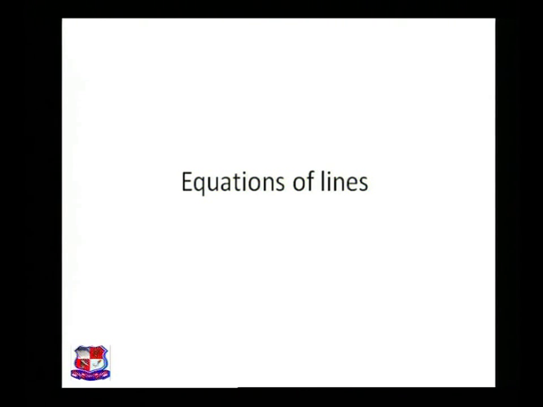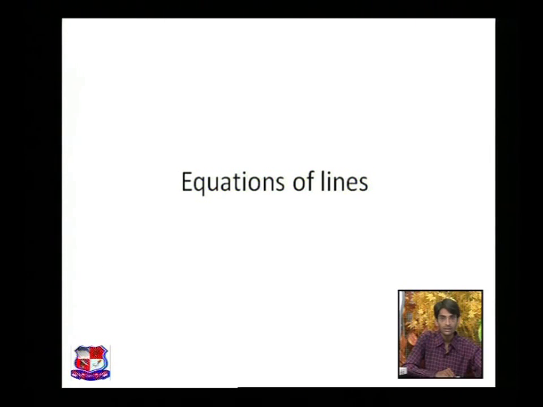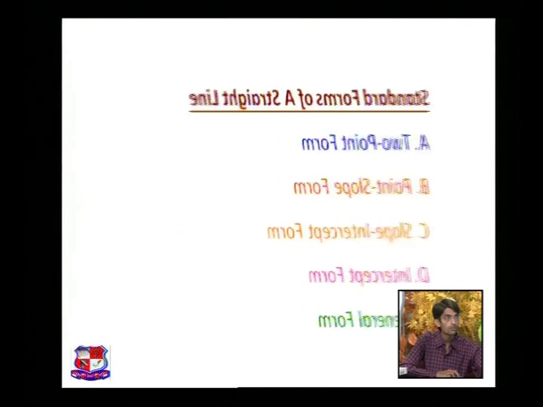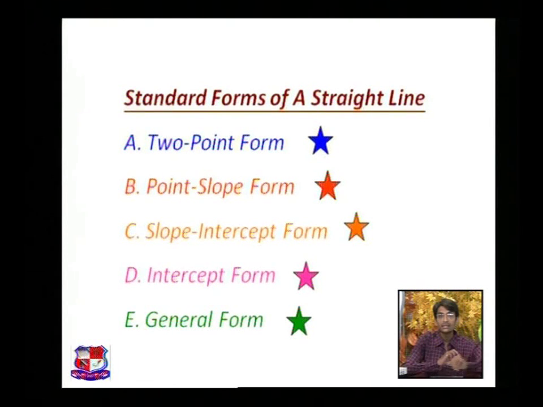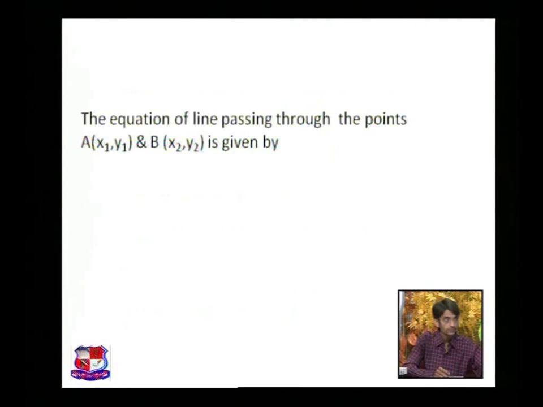Now let us discuss the equations of lines. There are many different kinds of equations for different situations. There are some standard forms of a straight line. Here we will discuss the 5 standard forms of a straight line. First one is the 2-point form, second one is the point slope form, third one is the slope intercept form, fourth one is the intercept form, and the fifth is the general form of the straight line. So here first one is